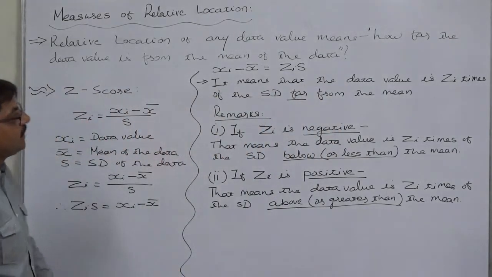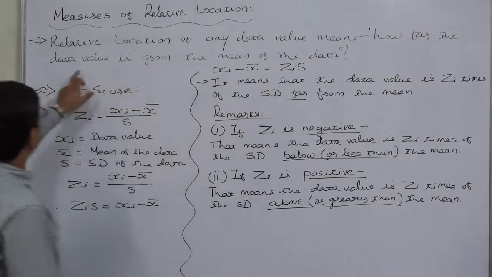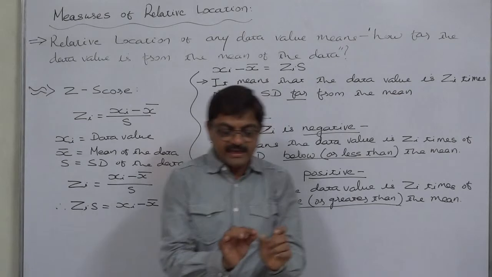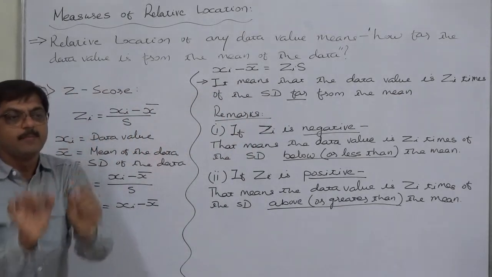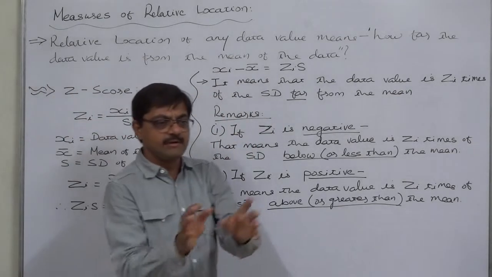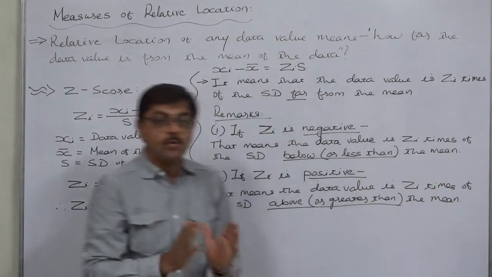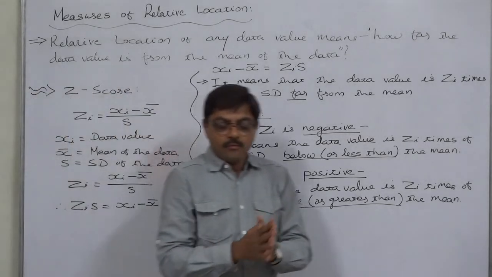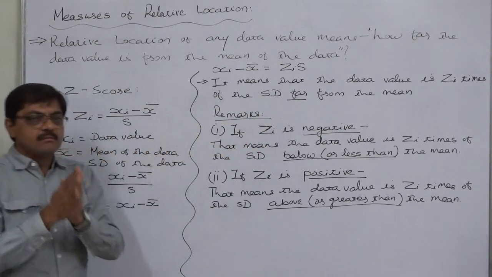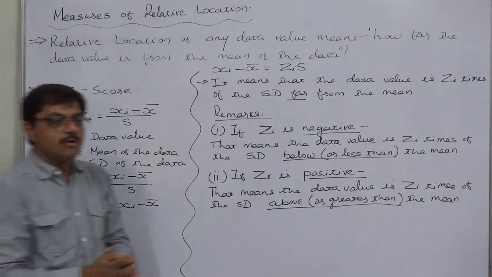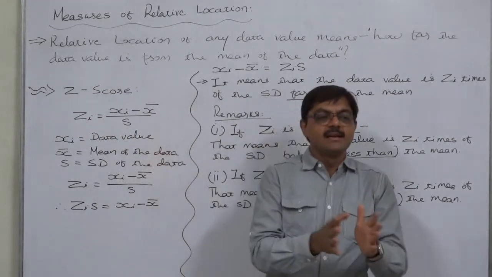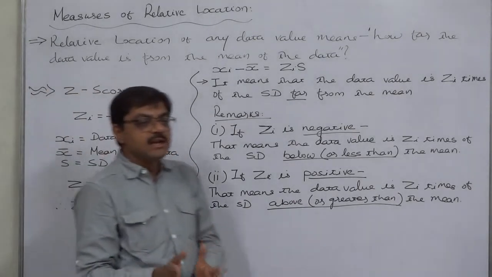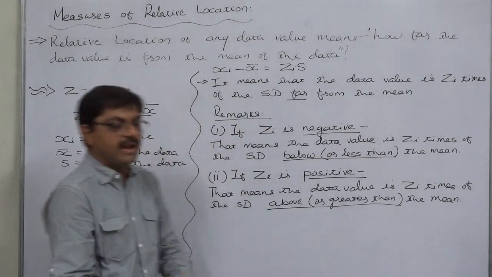It is another amount or another value or figure. Now we are interested in knowing how far the data value is from the mean of the data. That means exactly what is the difference between any particular data value, say the first data value, second data value, last data value, and the mean? We are not interested in just knowing the numerical or statistical difference, but we are also interested in the locational difference of the data value and the mean.